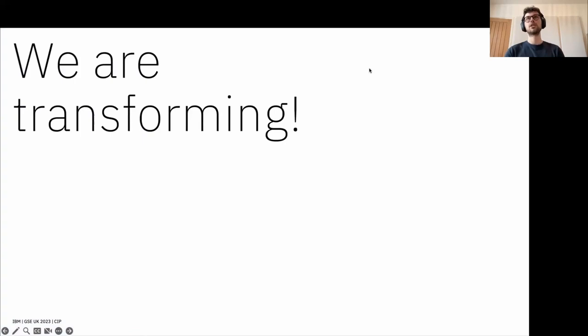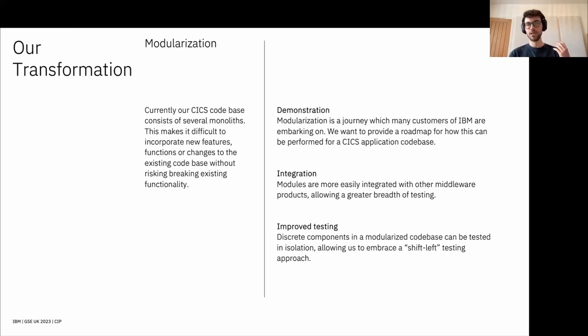Now, as a result of the growth that we've done so far and our understanding of what the challenges are that customers are currently facing, we've decided to undergo a transformation in the customer and production team. So this really crystallizes into two particular sections that we're undergoing a transformation in, modularization and modernization. So modularization is an undertaking that we're doing at the moment for our code base of the Bank of Hursley Park